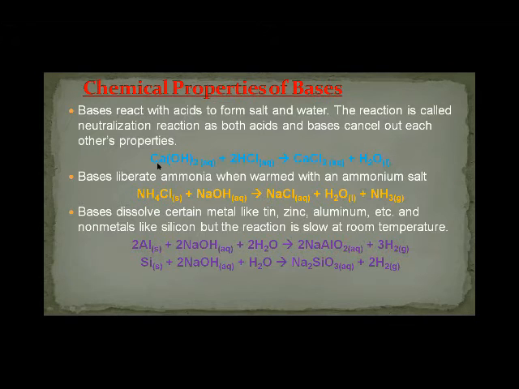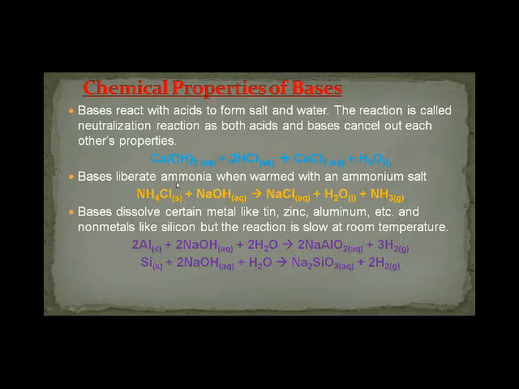A common example is the NaCl formation. Sodium hydroxide reacting with HCl forms sodium chloride and water. But here we are talking about another example: calcium hydroxide reacting with HCl forms calcium chloride plus water. Calcium hydroxide is 1 mole, and hydrochloric acid is 2 moles, and they will form calcium chloride, 1 mole, and water. So this is the process of neutralization.